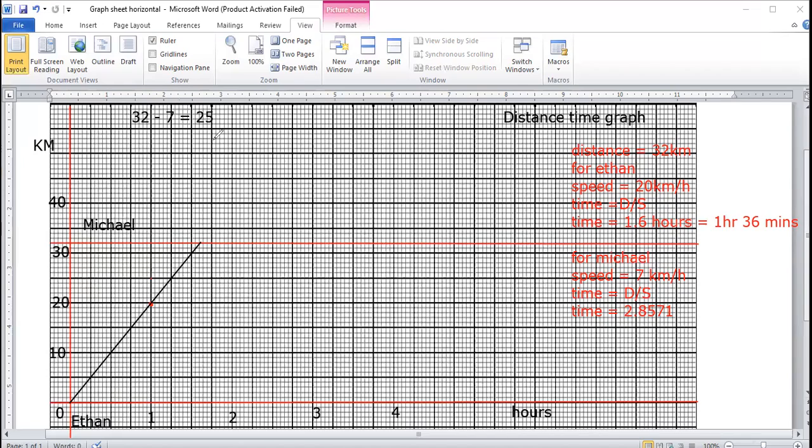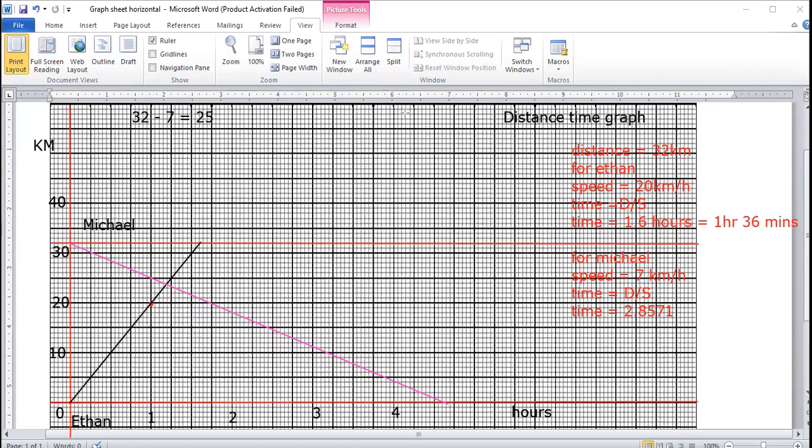So now for Michael, I'm going to make another line over here. I'm making it in a different color, so it will be very visible for us to know what is happening. See, it is passing from that red dot, and I'm bringing it till this end. And this is your graph over here. This is the plotting of your graph.